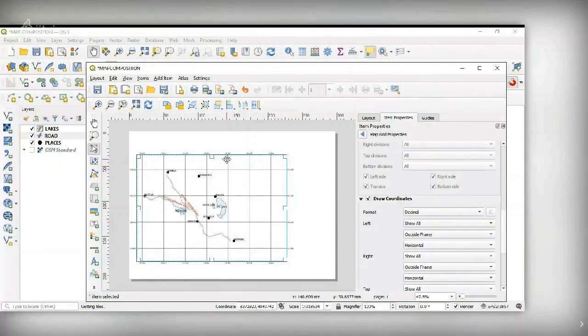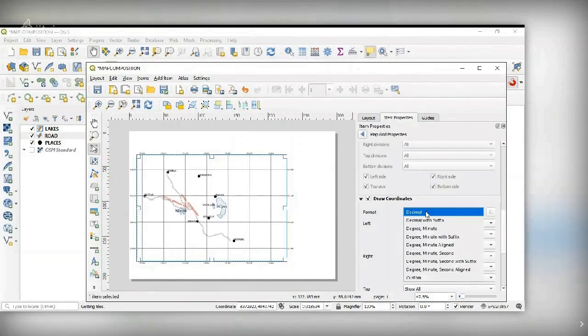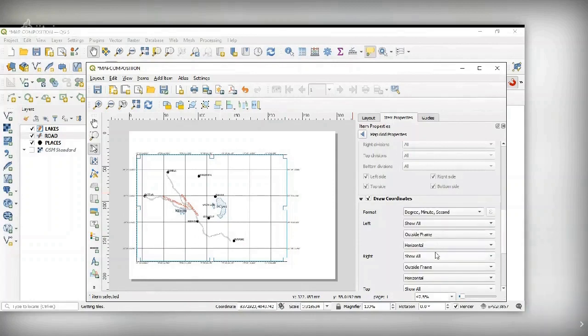So this is the grid. This is in grid interval. Okay, now see, now grid interval is defined. Grid lines are drawn, but there are no coordinates appearing along the frame. So again, select this one